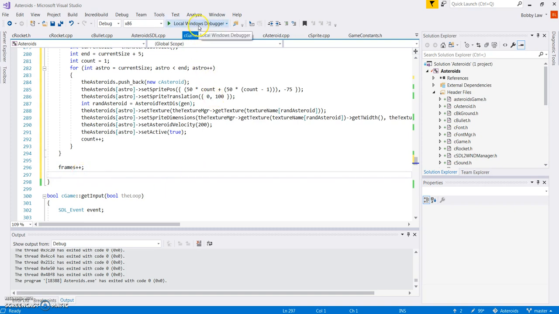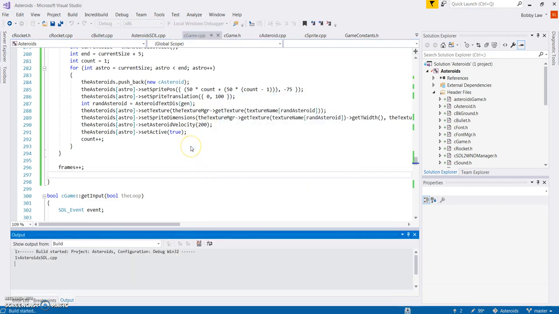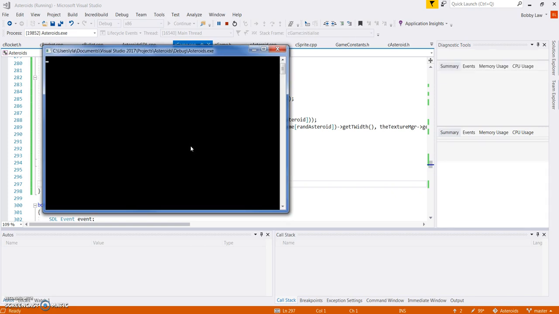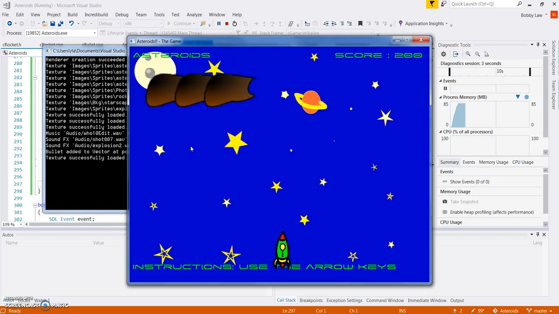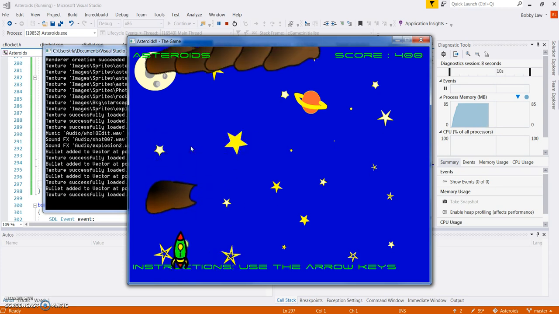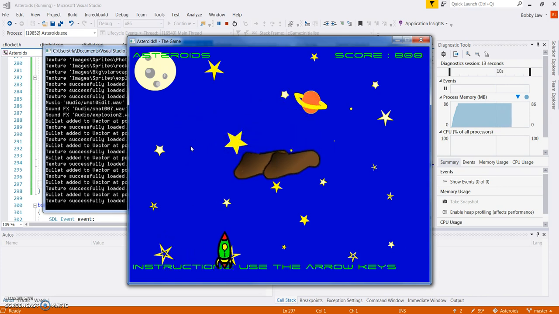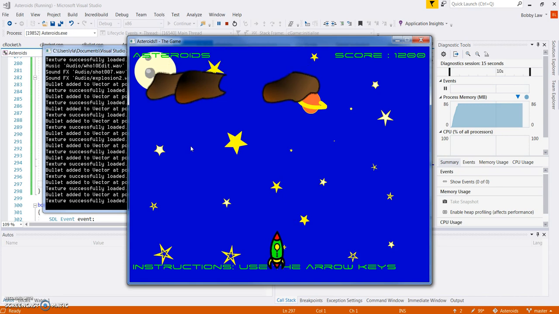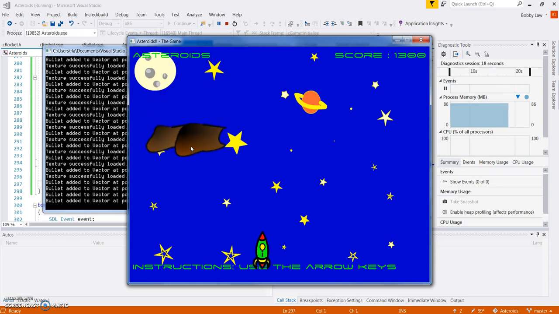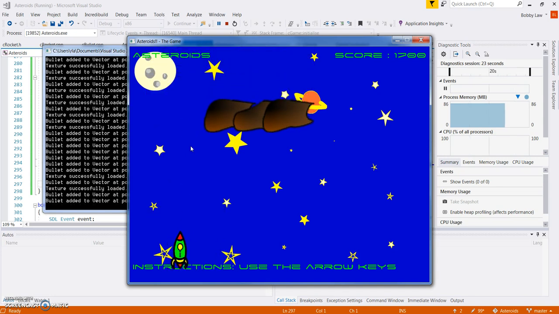So having done that, let's run this and see if we get the desired effect. What we should get is hopefully banks of these asteroids falling down towards us that we can shoot. So there's the first bank. Because they're so close together, we're getting double collisions, but don't worry about that once you space it out. And here comes the next wave of asteroids, and the score's going up. Oh, and we've got a few there, and of course you could change the speeds and do things like that just so that you could